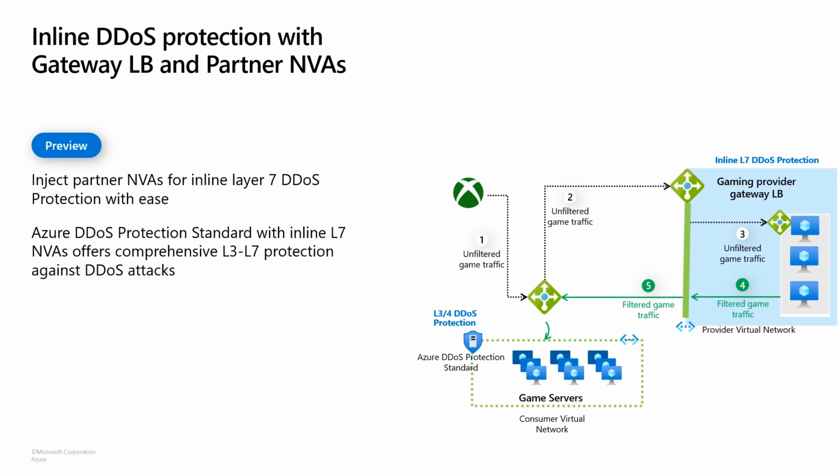To do this, we're announcing something called Gateway Load Balancer, which is going to bring services in line very easily. So using this Gateway Load Balancer, traffic coming from the internet could be directed to go through an appliance for further inspection before it is allowed to access the game servers. And when the inspection is happening by a partner NVA, it will also inspect for DDoS-based attacks. And if the traffic appears to be malicious, it will be dropped right there and won't even be sent to the game servers. So using this mechanism of Gateway Load Balancer, the security posture for these applications could be increased a lot by providing an inline DDoS, or even an advanced firewall could be deployed on the path.